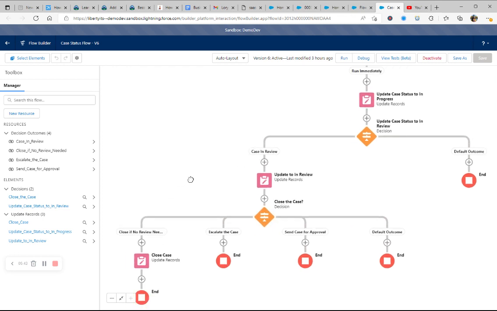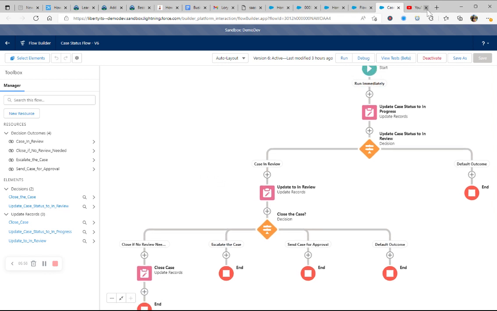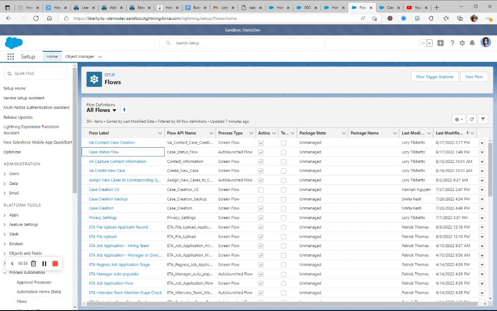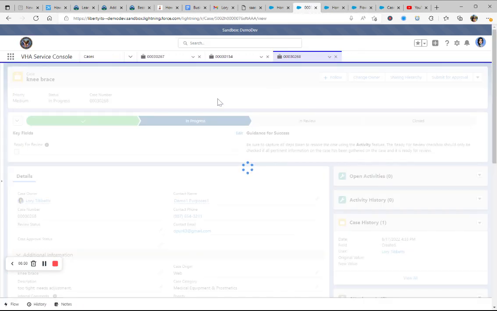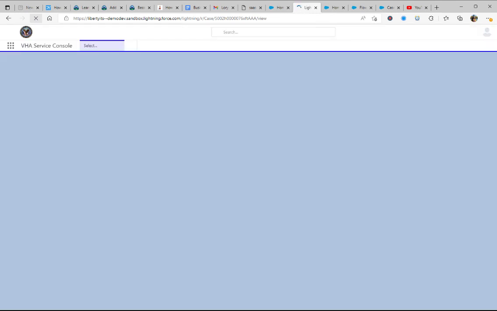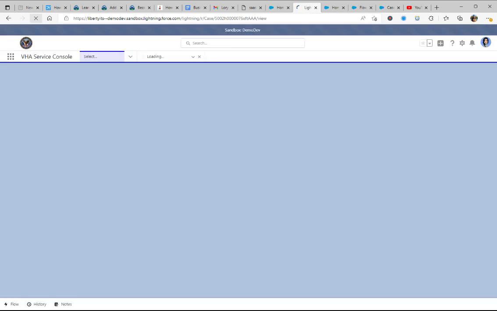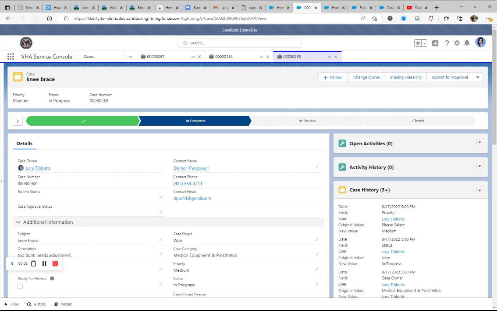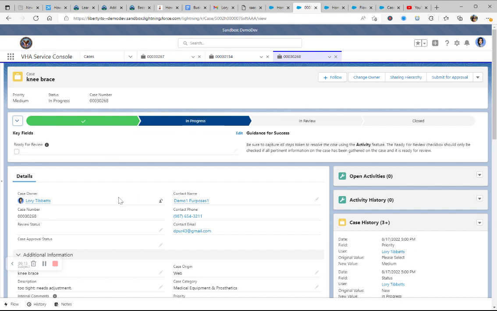For now, what we have done only is if no review needed, of course you can close the case. There are cases that are so easy to resolve anyway. So yeah, this is a work in progress, and I'm still not sure what's happening here. Let's refresh that and see what happened. Okay, so now it's in progress,